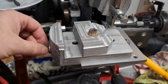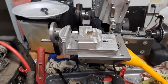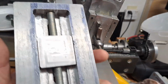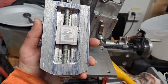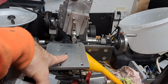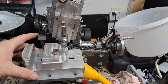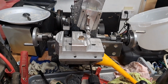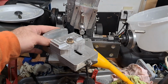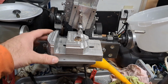Next part's going to be the swivel base, which I don't know what I did with it at the moment, but it's around here somewhere. It'll be bolted to the bottom here with 4 bolts, and then eventually I'll have that board out in the center here for it to fit on there and swivel back and forth. It fits on there just the right size too. It's going to be nice. It'll turn this way and that way. Anyway,